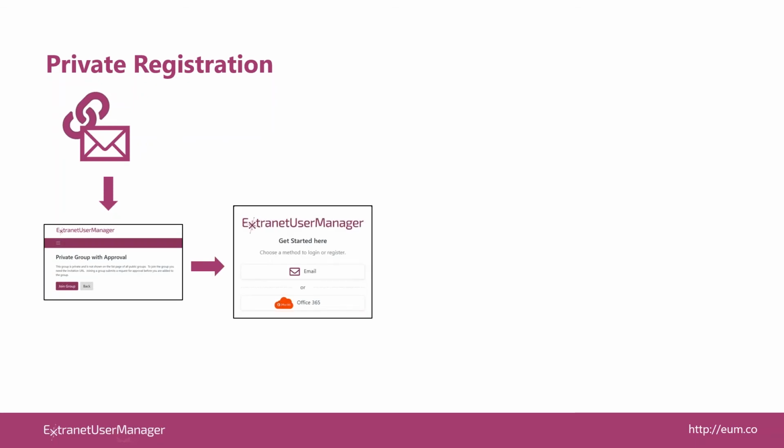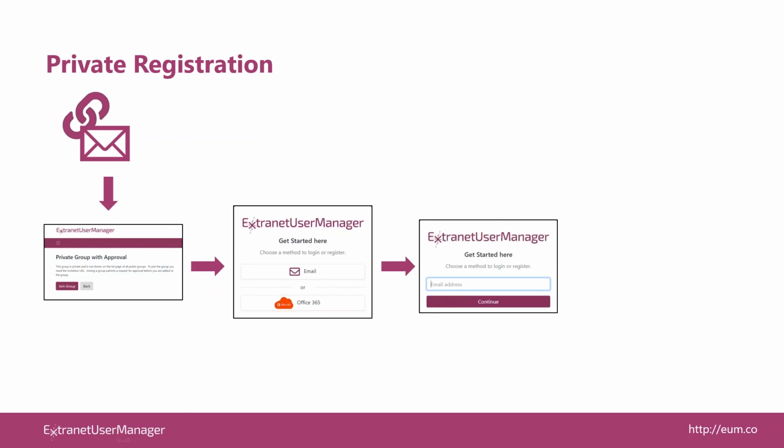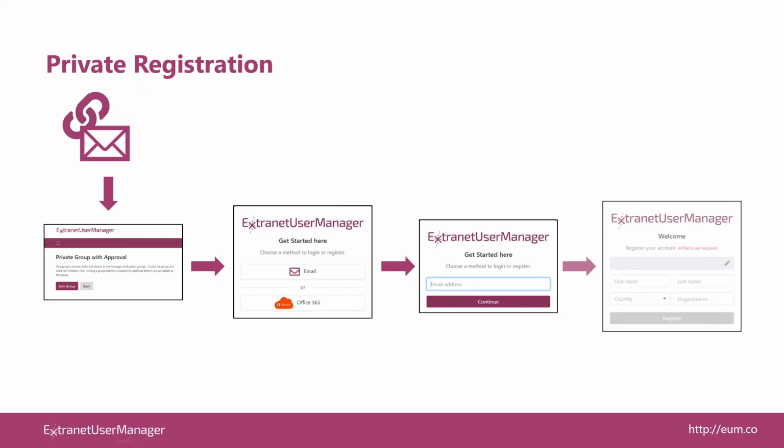So I can either log in with my email address, or if I use Office 365, I can just click through using my already signed in Office 365 credentials and come to a registration form. Let's take you down the email process where I enter my email address. And if I don't have an account on this Extranet site already, it's going to take me right into a